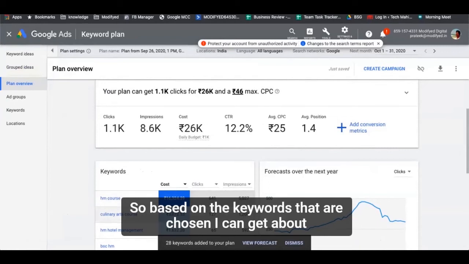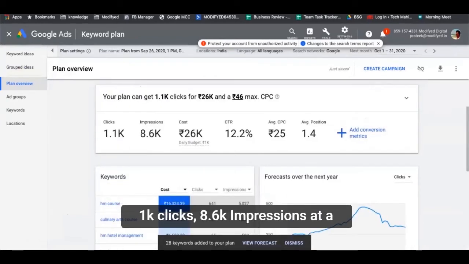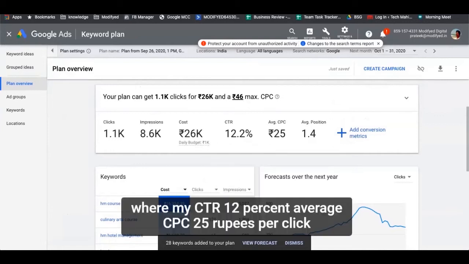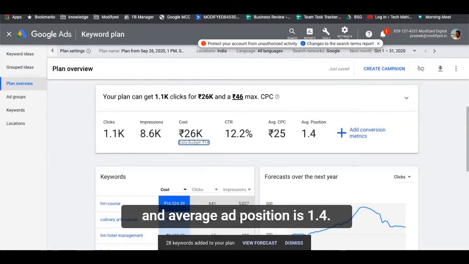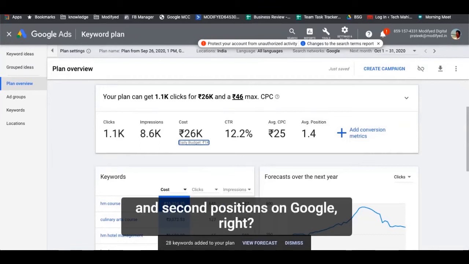So based on the keywords that I've chosen, I can get about 1,000 clicks, 8.6 thousand impressions at a monthly budget of 26,000 or a daily budget of 1,000 rupees, where my CTR is 12%, average CPC is 25 rupees per click, and average ad position is 1.4.